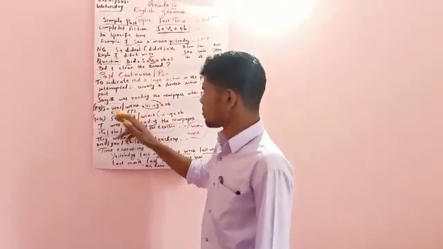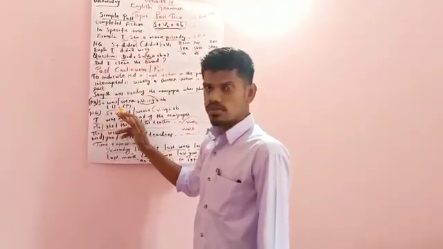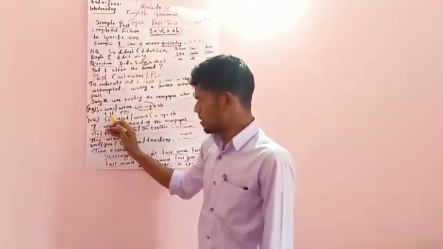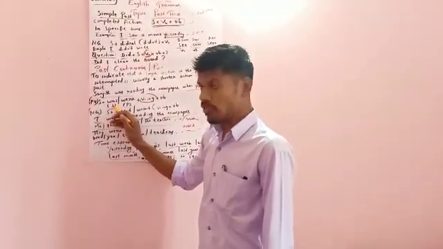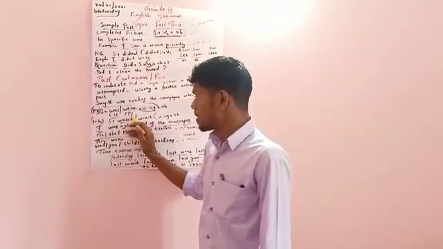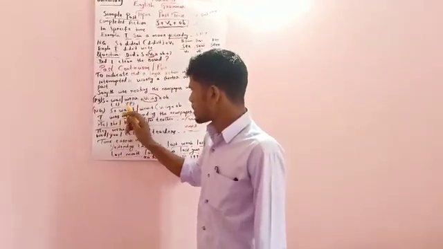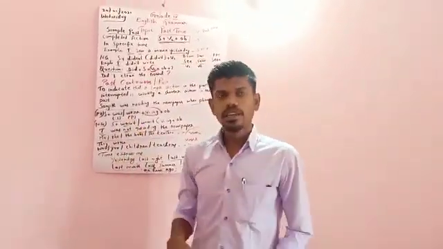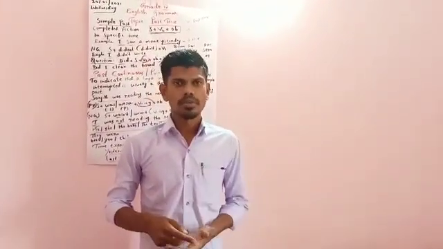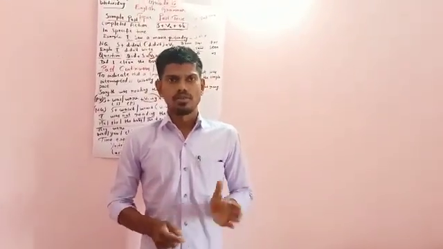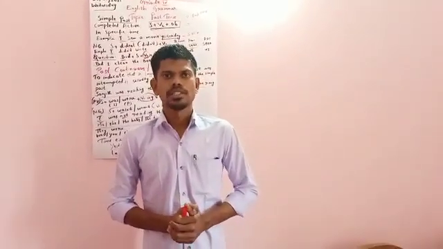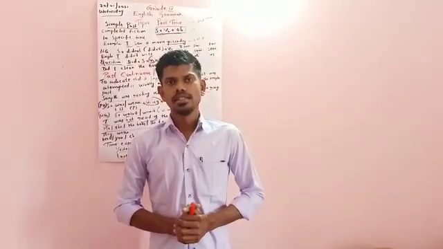Then past continuous, was and were: subject, was or were plus V1 ing, then object. This was is used if you find the subject is singular. Were is used if you find the subject is plural. I have given an example. You should know things like subjective pronouns, and some nouns can be used as a subject. So try to identify the subject first, whether it is singular or plural. Based on that, try to use was and were.